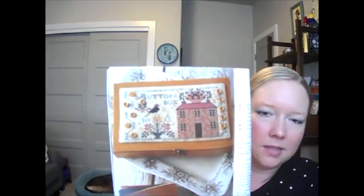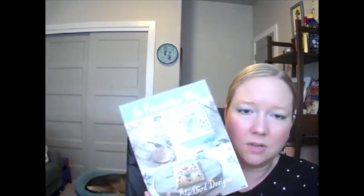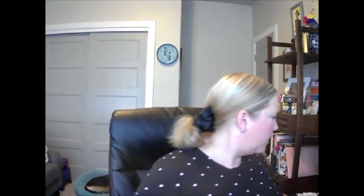And a button box. Cute. So there's lots of good stuff in here. And I was like, well, you know, I'm kind of a collector too. It's not just what I'm going to stitch tomorrow, right? So that's all the stuff I got from Abby at Top Knot Stitcher. And I think that's all. Oh no, I have one more thing. Okay, so